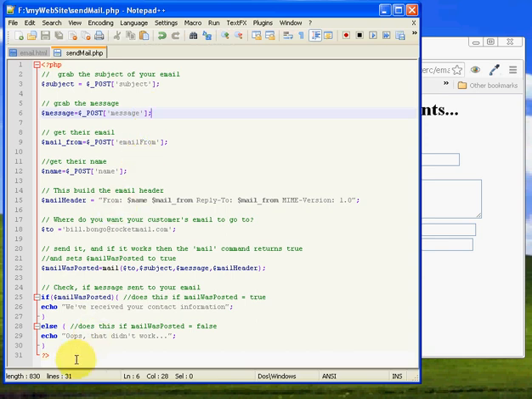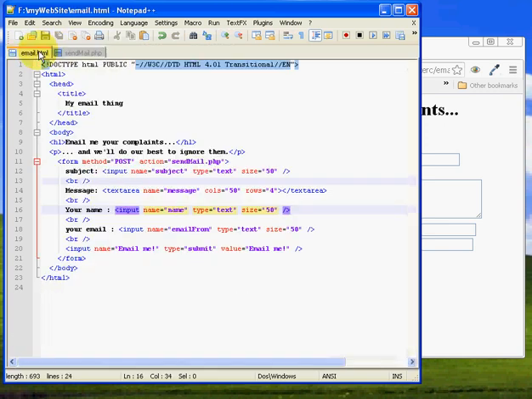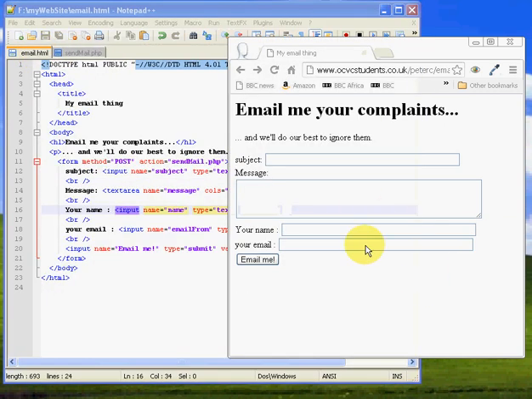What you need to do is, I'll just give you a second, you need to pause that, type it all in. Done. Good. Alright, once you've typed it all in, then use your favourite FTP client and upload it. If you're using Net2FTP, just upload both of these to your server, and then what you want to do is go to email.html. And if you go to email.html, which is what I've got here, this is what the form looks like. So if I can type in now subject